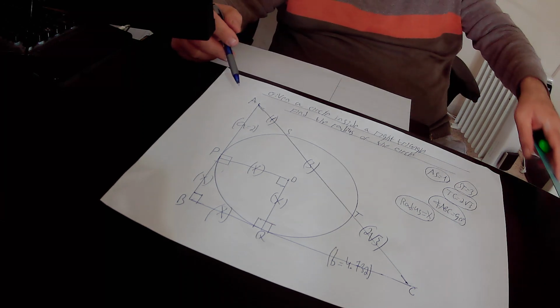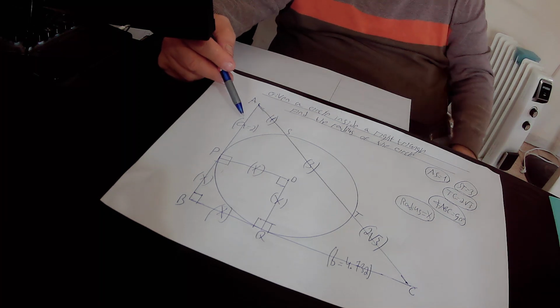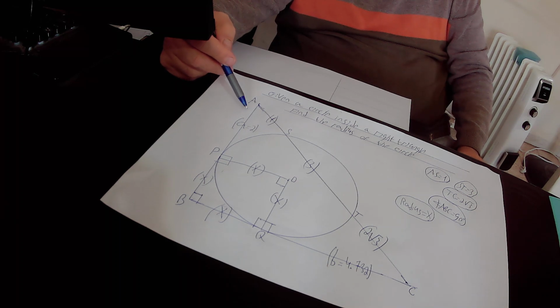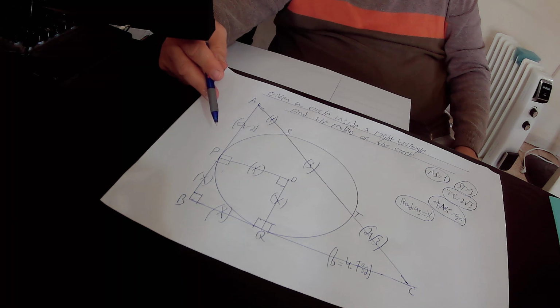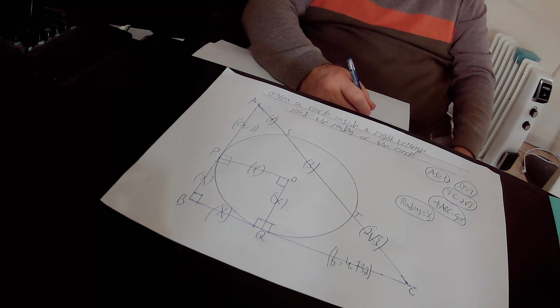From the drawing it is easy to see that AB equals x plus 2, or 2 plus x, it is the same. So AB squared equals x plus 2 squared